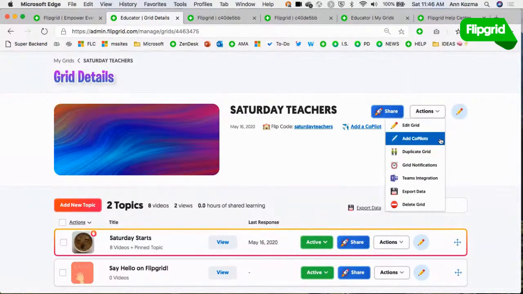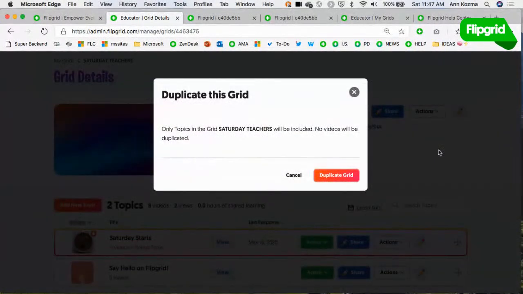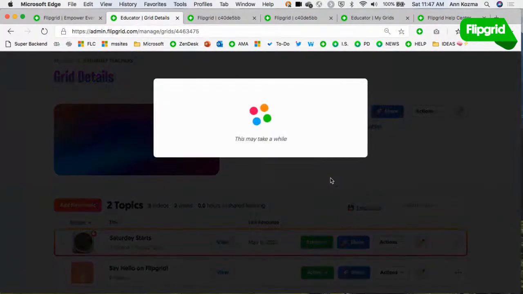Edit your grid, add a co-pilot, which would be a collaborating educator who has that admin access. But if you see this right here with this little twin icon, you can duplicate the grid and only topics in the Saturday Teachers will be included. No videos will be included. So I'm going to go ahead and click that. And even though the screen says this may take a while, it really truly won't. It takes maybe sometimes 5 to 10 seconds,